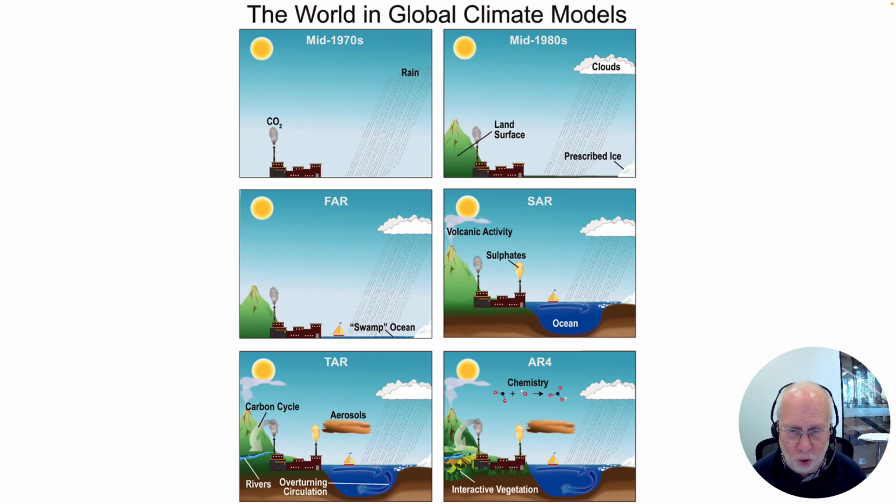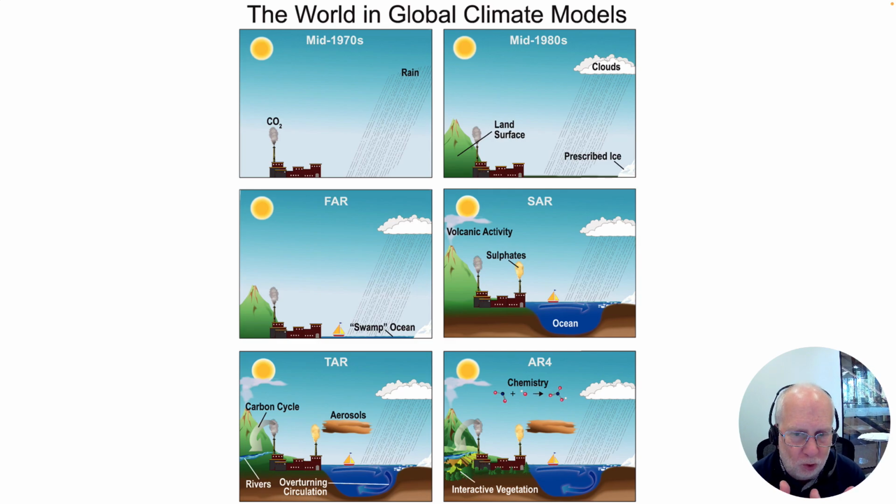But as time has gone on, and you've got faster and faster computers, and also a better understanding of all these processes, people started adding in clouds. Clouds are a really hard thing. A land surface, some ice. But initially they just said there's ice here, they didn't let it move. But then as time goes on, they started adding oceans. They started adding different sorts of pollution. They started modeling ocean circulation and coupling it with the air. They added aerosols, the carbon cycle, interactive vegetation, atmospheric chemistry and how it changes, and they've kept on getting more